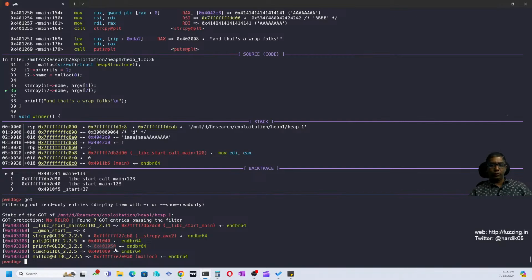If we override this address with the address of the winner function, then when printf gets called, it actually goes to this location and we can execute the winner function instead